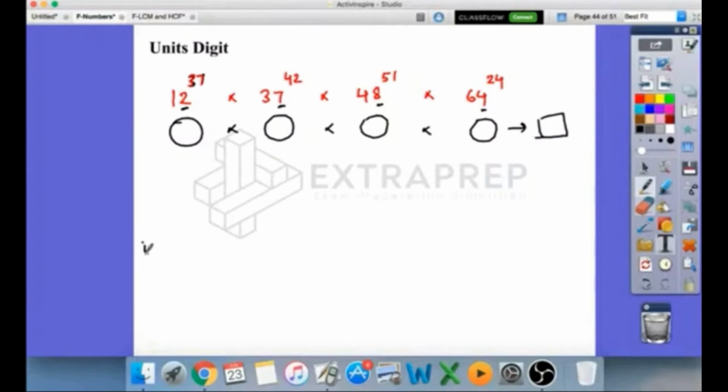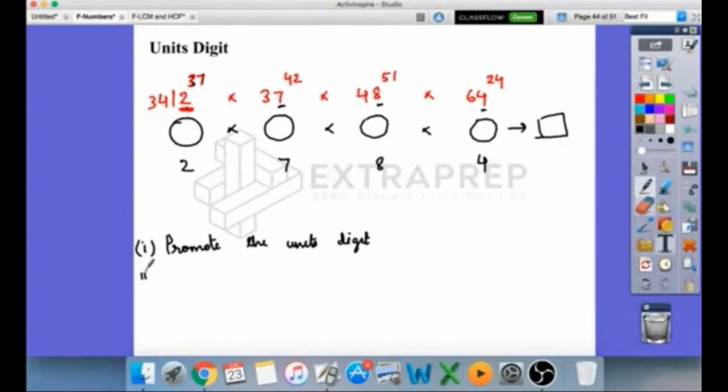The first point is promote the units digit. Because even if this particular number is 2 power 37 or 12 power 37 or 412 power 37 or 3412 power 37, the units digit is only affected by the last digit. Before that, whatever numbers are there, we are not bothered. The units digit is only affected by the last digit. So that is important. So we promote the units digits. Let's get them down to 7, 8, 4. You get the units digits down. That's your point number 1.